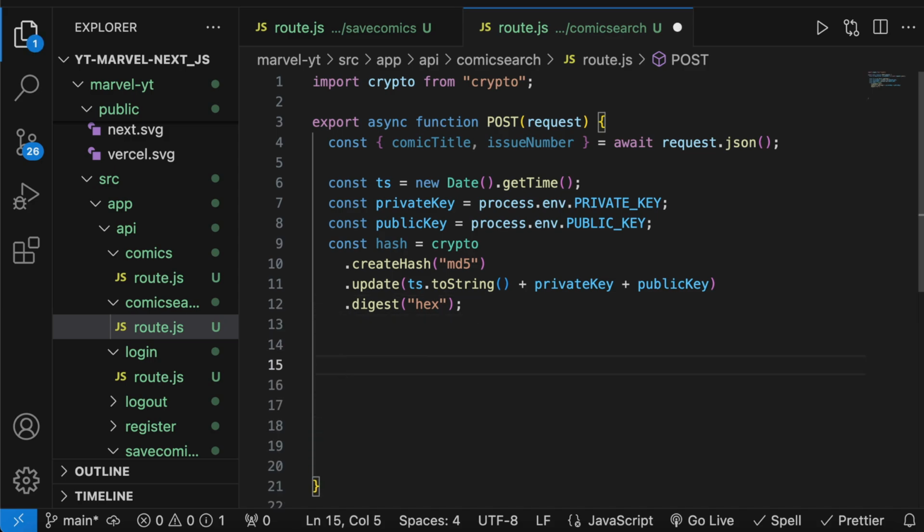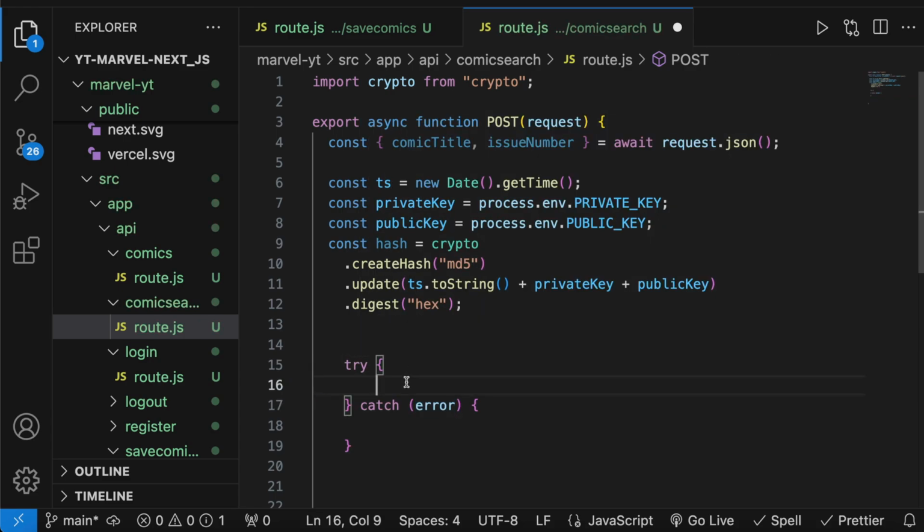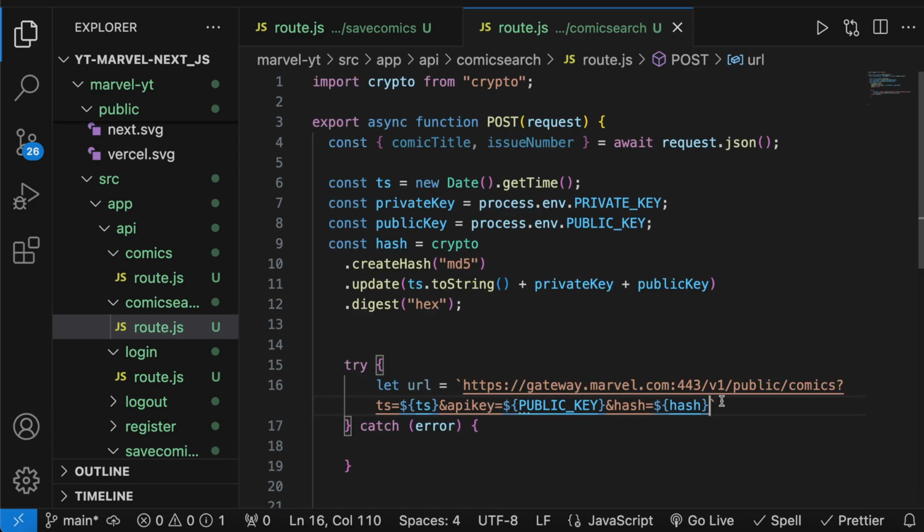So now we're going to say try catch. And within try, we're going to say let URL equal. And I'm just going to go grab that URL really quickly, and we're going to paste it in there. So as you can see here, it's pretty much the same thing, except we don't have the comic title or the issue number appended to it yet. So what we want to do is we're going to say